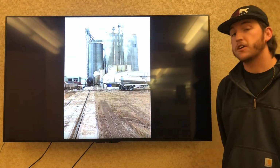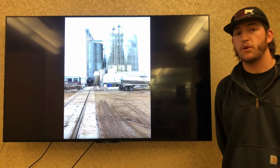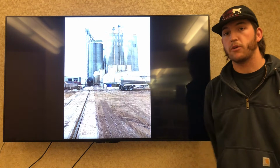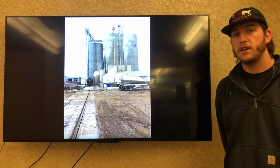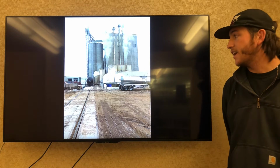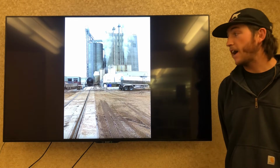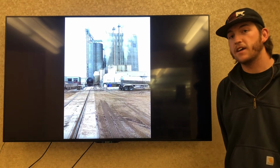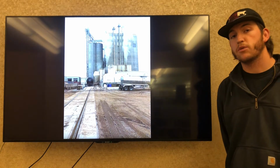This is a good picture because it denotes the two differences in the way that we receive ingredients. We receive ingredients by rail car and also by truck. These are both fat containers, and they are both pumping fat into our fat reserves. Fat is a very crucial part in the hog feed process. It's a very high energy substance, so we go through a lot of